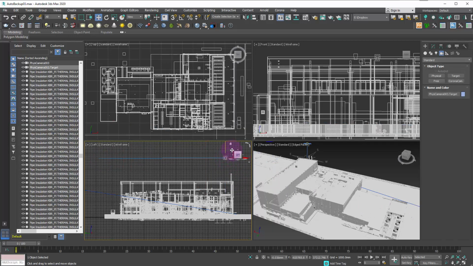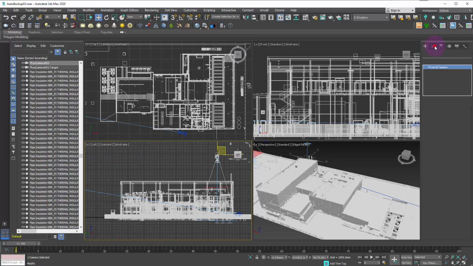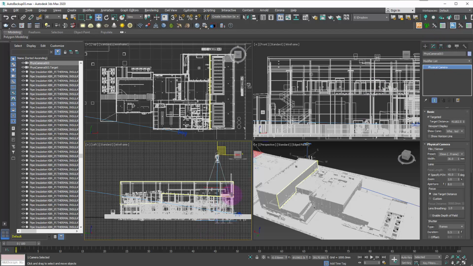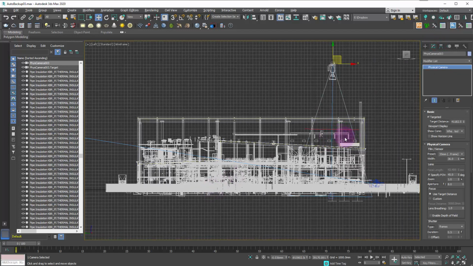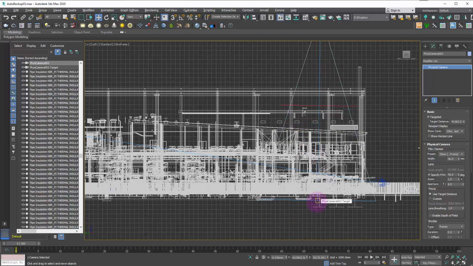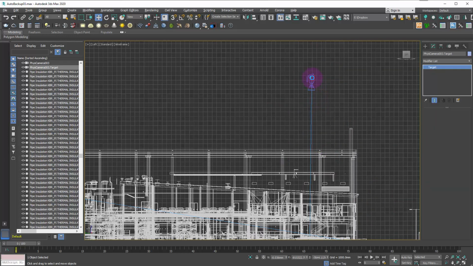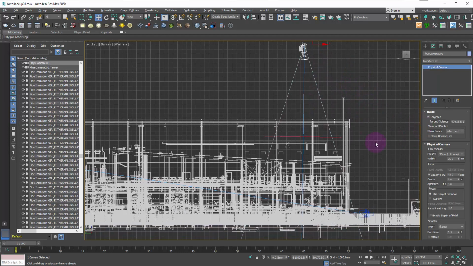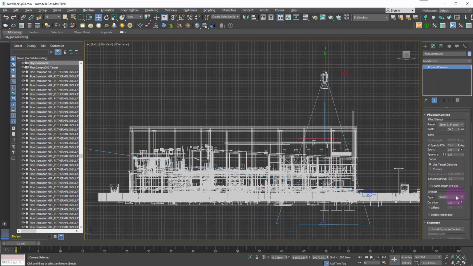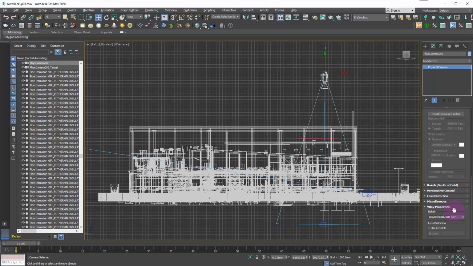Okay, so that means if I was to modify this little target here and move it here, and I move this camera here like so. I'm just going to do Alt W so we can go full screen so we can see a little bit more of what's happening. Just going to move the target camera down below. Okay, so we selected our camera, and because of the scroll all the way down, because of this